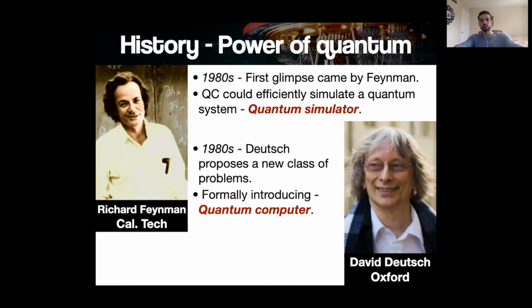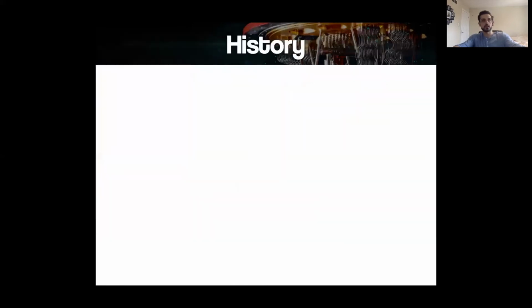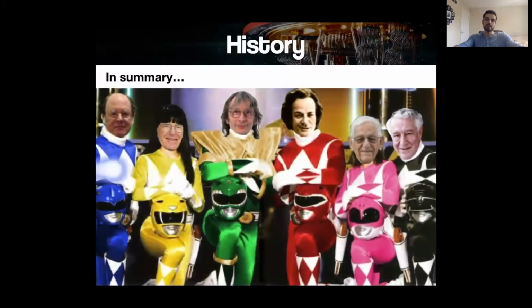If it saves you many, many years on your calculation, okay, now we're talking. So David Deutsch says these new classes of problems can exist. And he actually presents the first one, which is a quantum algorithm that can do things much more efficiently than a classical computer. So a general summary of what happened here is that first,